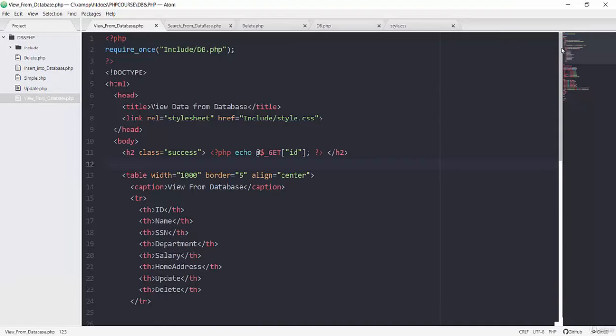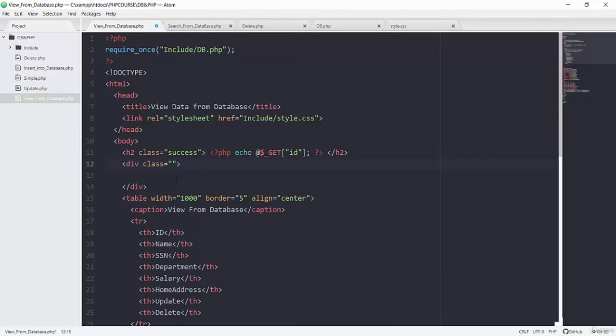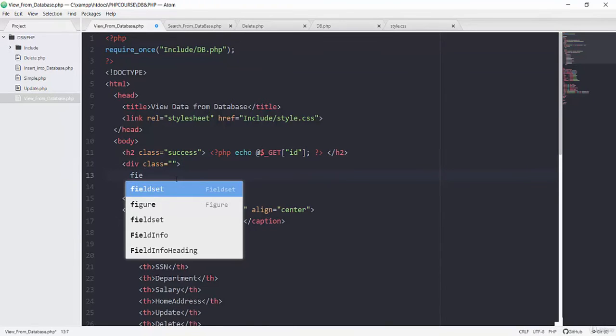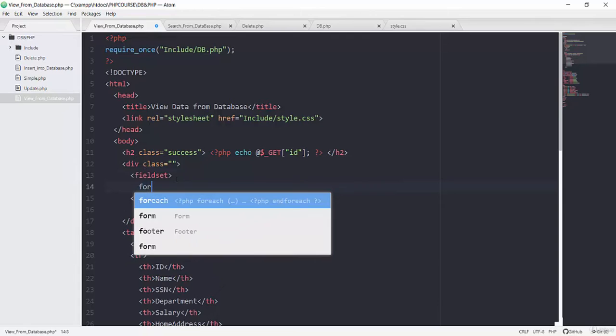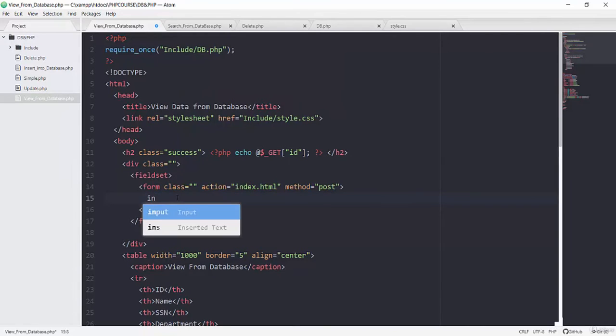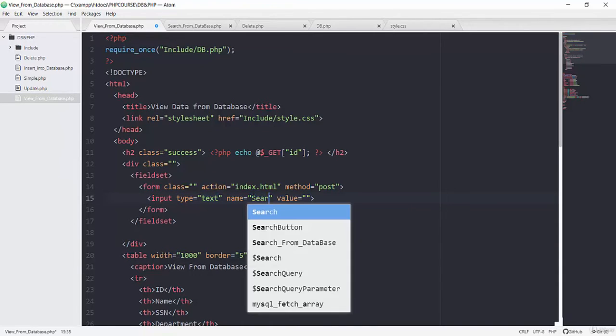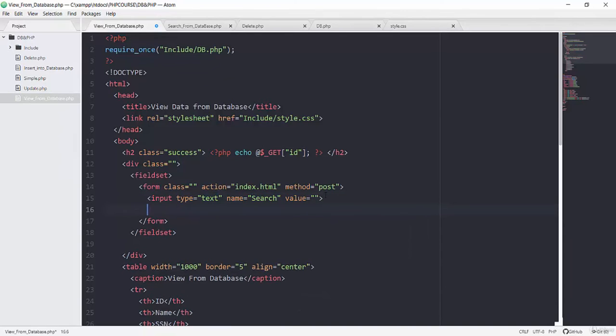So inside this file view from database.php, I will add here one field. So adding first of all one div, and that div will have a field set. Inside we will have one form, and here in this form we will have one input field. First one will be with the type of text and its name will be search, and then we will have another input field with the type of submit. Its name will be search button and its value will be search